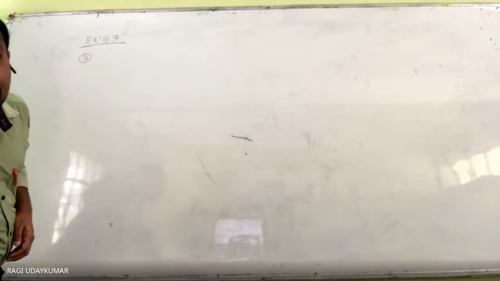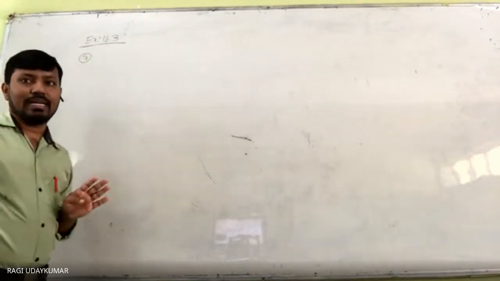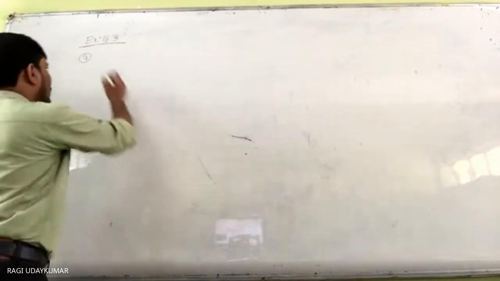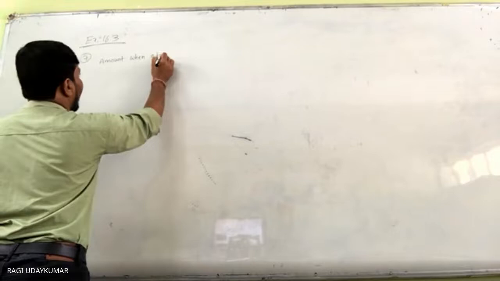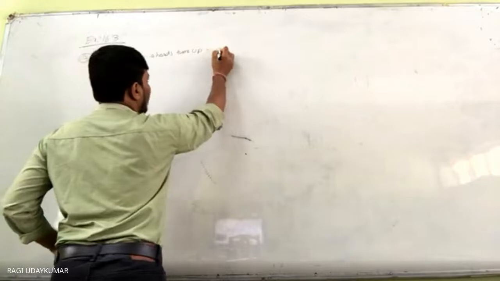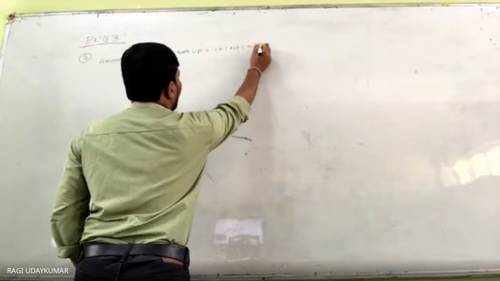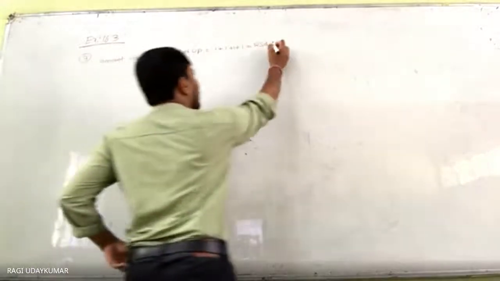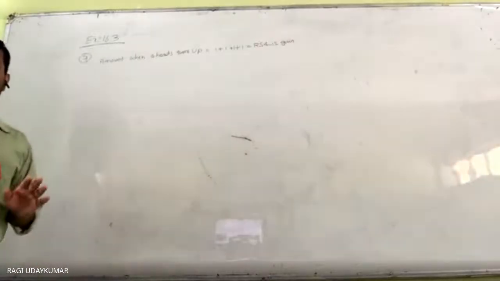Since the coin is tossed 4 times, there can be 4 heads. So the amount when 4 heads turn up is 1 rupee plus 1 rupee plus 1 rupee plus 1 rupee, so he is going to get 4 rupees, a gain of 4 rupees. Okay, is it clear to you?